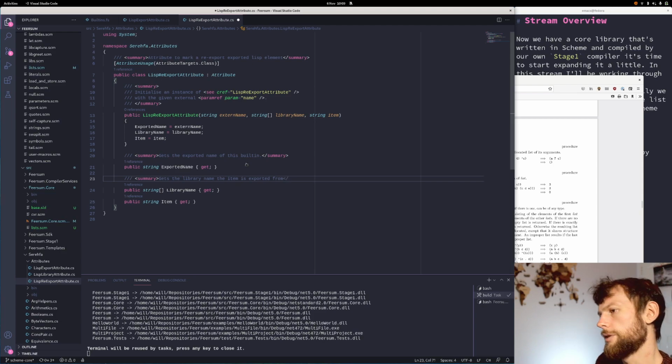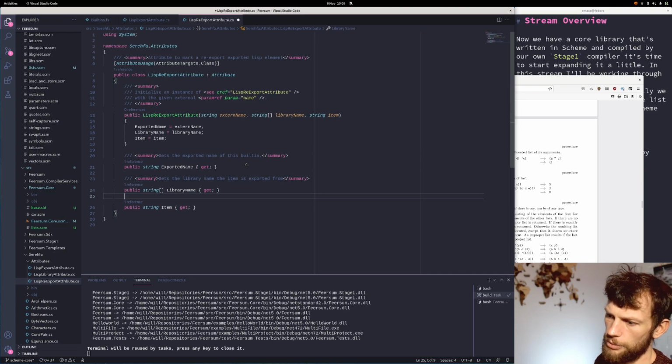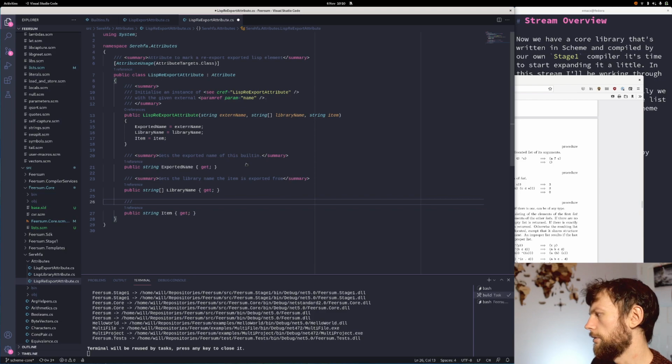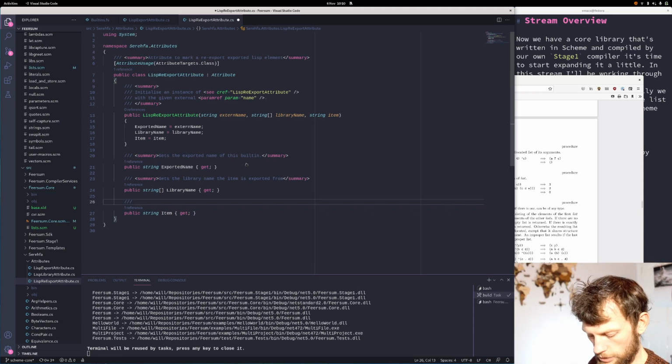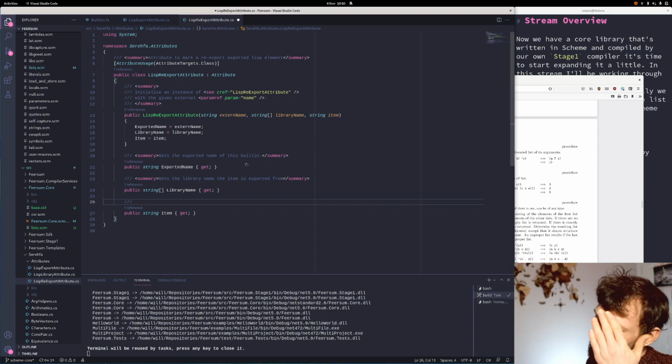This is not going to be the world's greatest representation. And at some point, it'd be nice to stop relying on all of these attributes to bake all the metadata in. Instead, we could create a section in the assembly and serialize it in our own format, so we could come up with a slightly more optimal way of representing all this stuff, because this is going to bloat the size of the assembly, especially if we've got to do an assembly name for every single export. I don't really know what else we can do though,